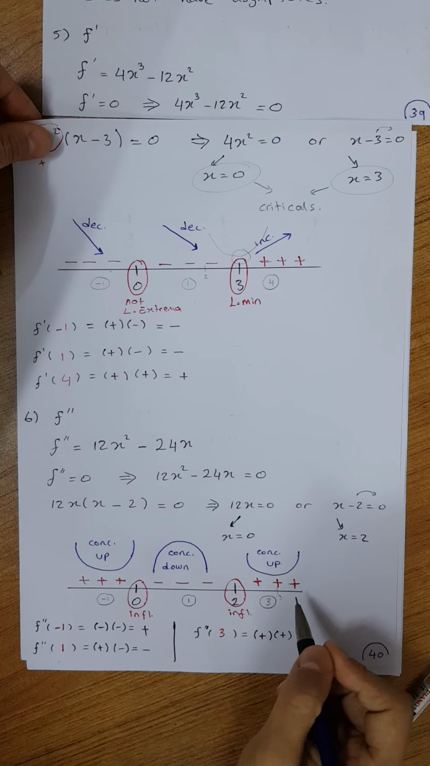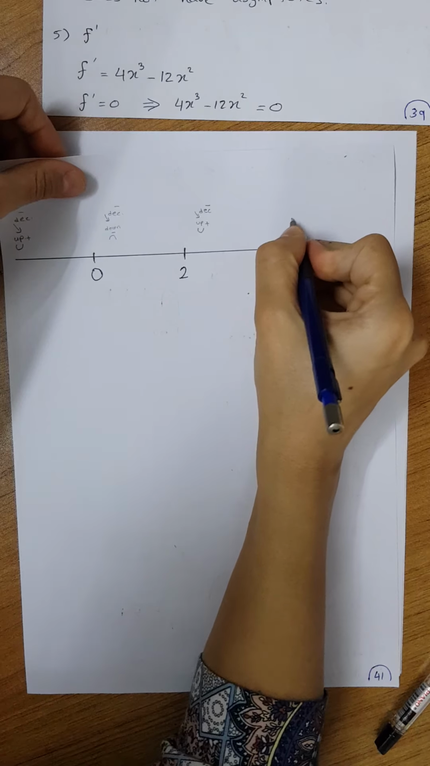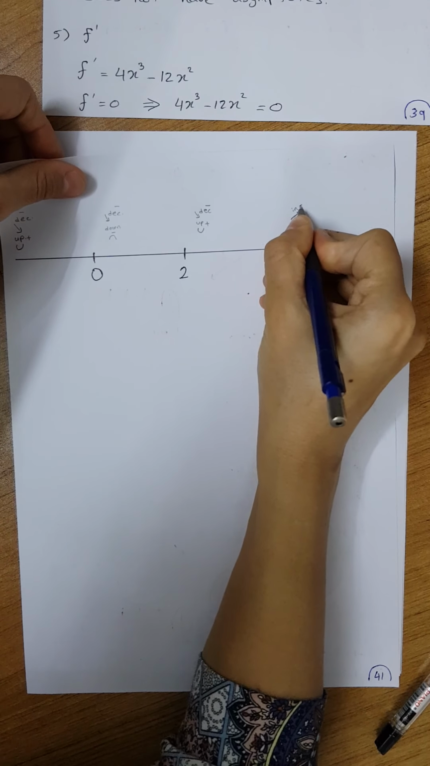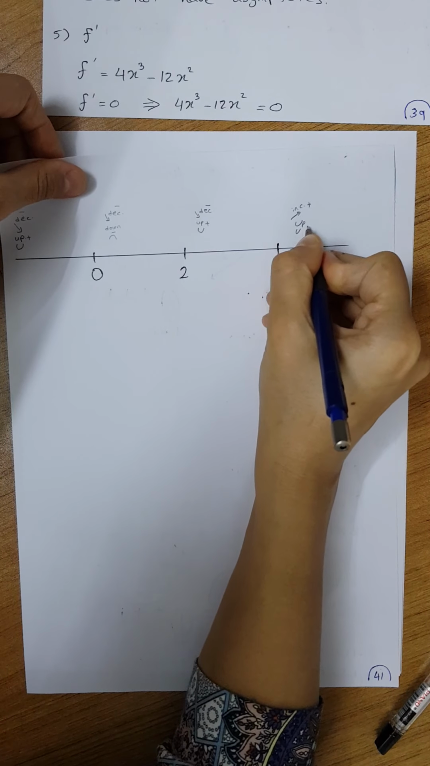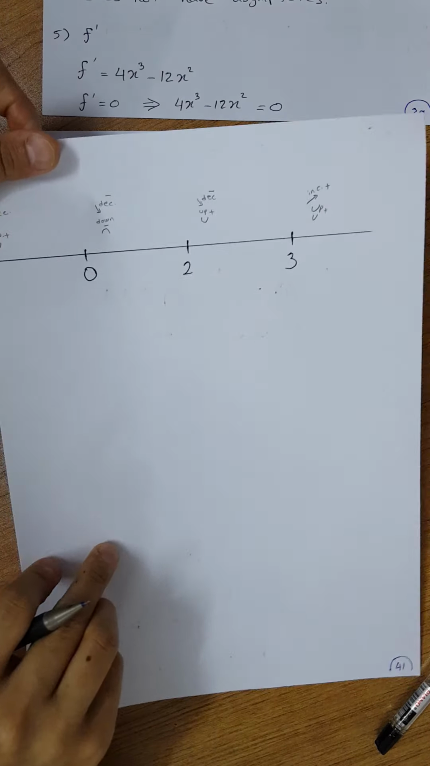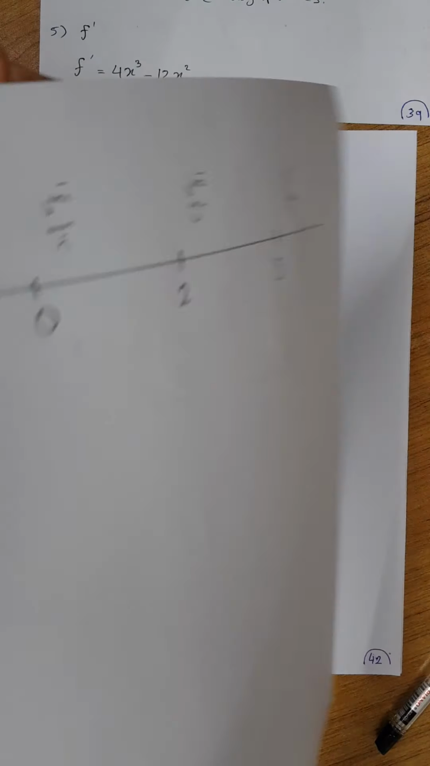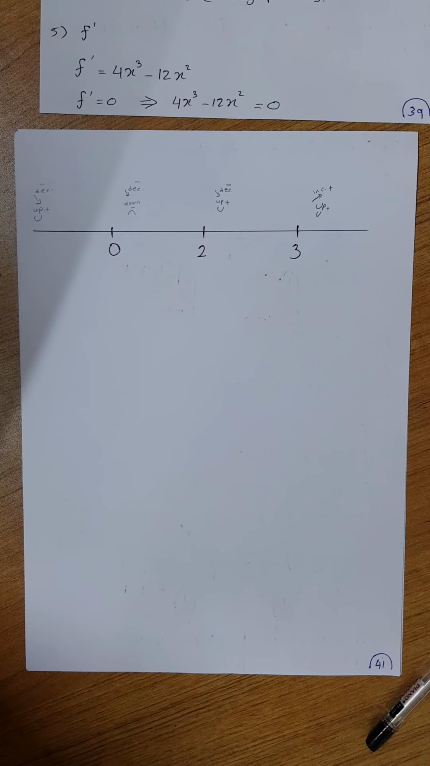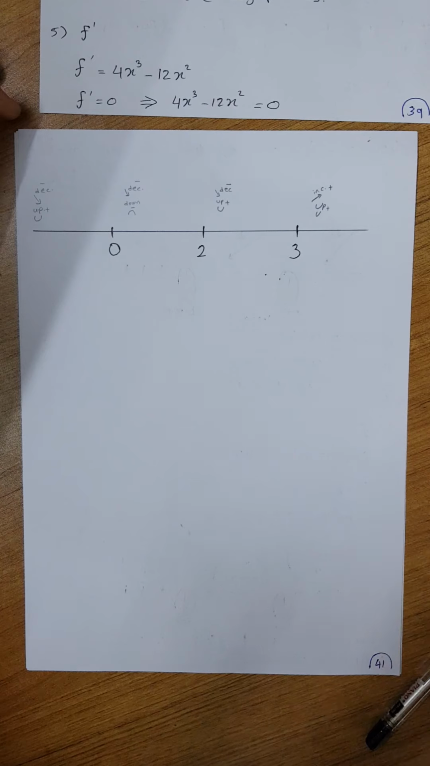Now from 3 to infinity, the function is increasing and it is concaved up. It is increasing, that means positive, and concaved up. Okay, that's the sum up. Look, it is increasing and concaved up. As we have summed up the procedure that was in the 5th step and the 6th step,